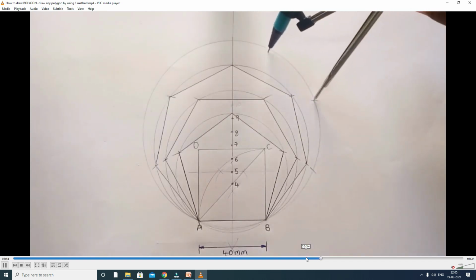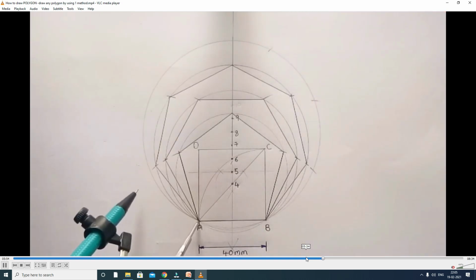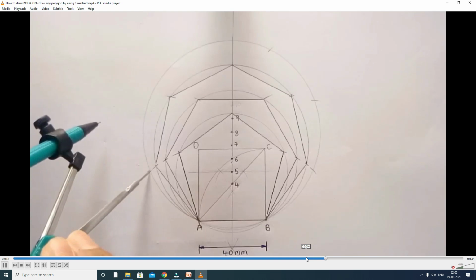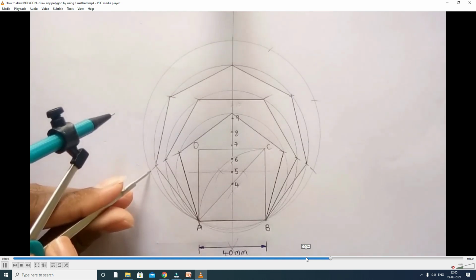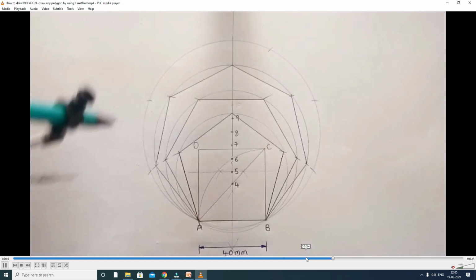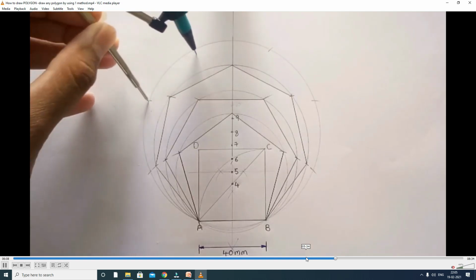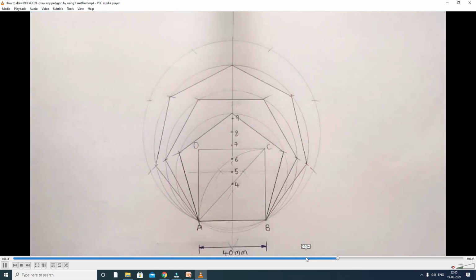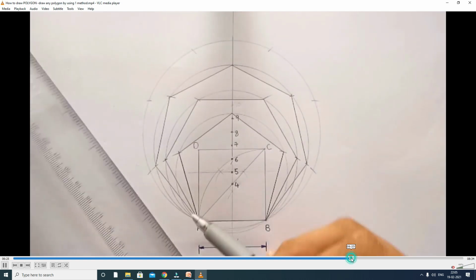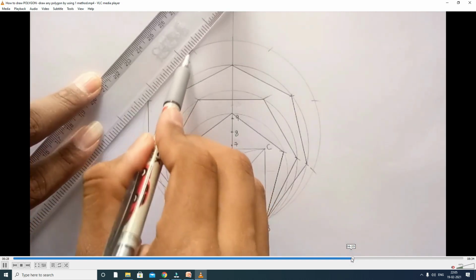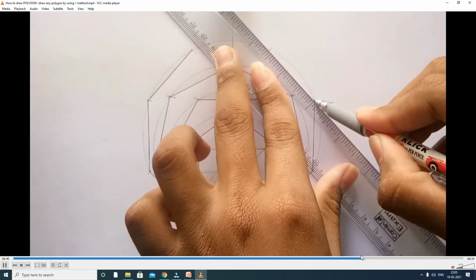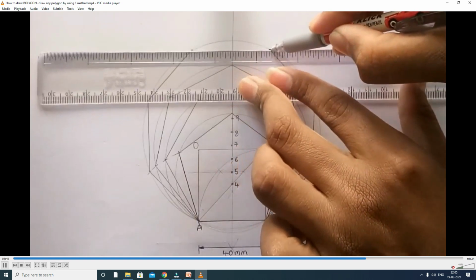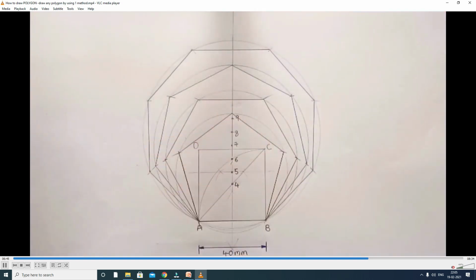Okay, how many sides are now? That means the octagon. Octagon has 8 sides. That 8 sides we cut the arcs with the help of compass. Okay, then you take the scale, join the sides B to C and C to here. Okay, in this way 8 sides are octagon. Join each arc and take the line with straight.